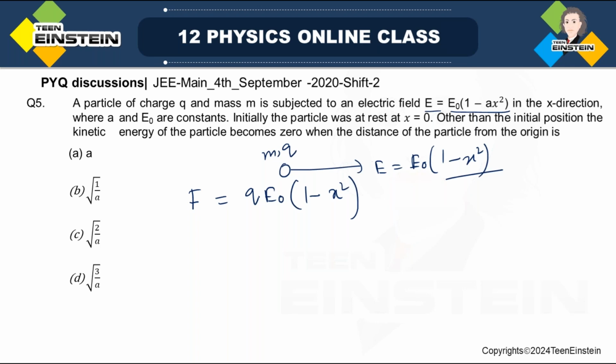Now I can write the acceleration as v dv by dx. Okay, now we have to find out the velocity. So let us find out what is the expression for the velocity. Actually there will be ma here, so acceleration will be